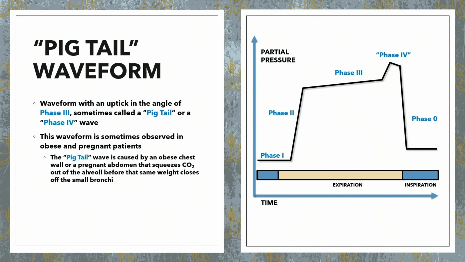This is seen in patients who are obese and sometimes in pregnant patients because of the weight of the patient's chest or their abdomen. What happens is when this patient is ventilated, the pregnant abdomen or the obese chest squeezes out a last little bit of CO2 before it comes kind of crashing down on itself, and the weight squeezes off or it closes those airways. So you see a very quick uptick in the last bit of phase 3, as the weight of the patient's chest begins to push out that last little bit, and then it stops,